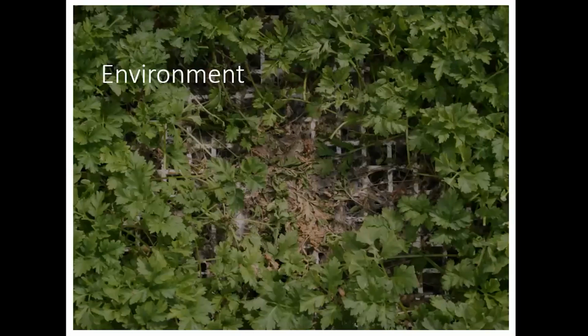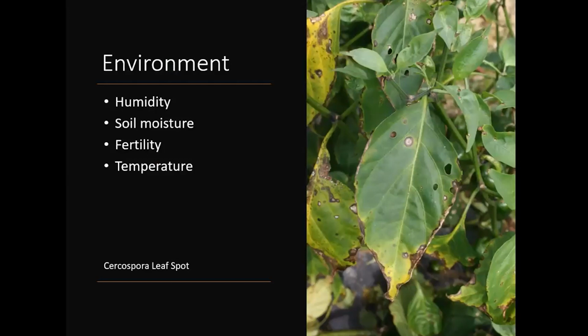Okay, side 2 of the disease triangle is environment. That is, those favorable environmental conditions that I talked about. And this is the one that we can often control pretty well. So when we talk about environment, we're talking about humidity, soil moisture, fertility sometimes, and then temperature. So it's usually temperature and water that are the two big ones that we talk about. And